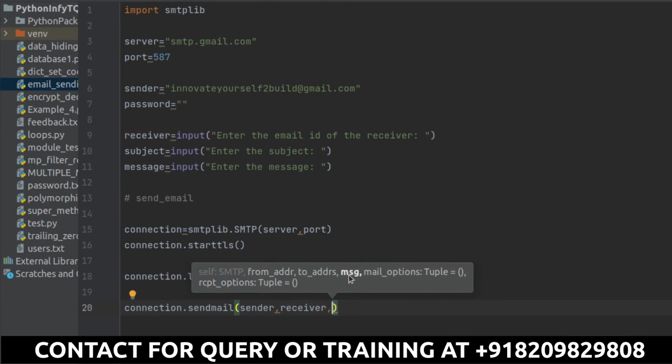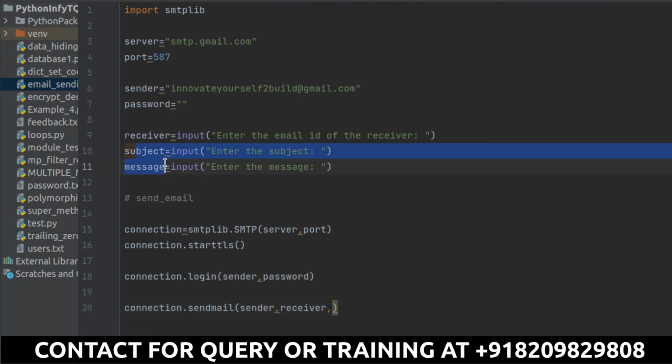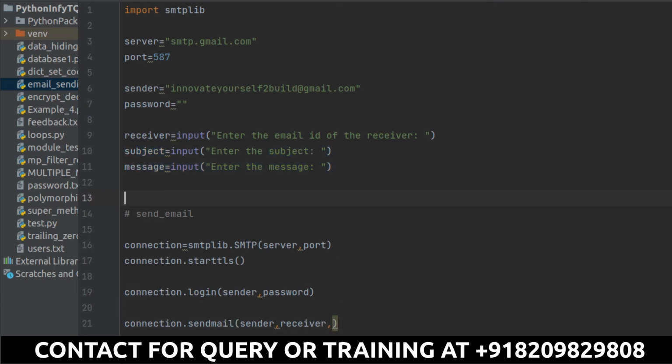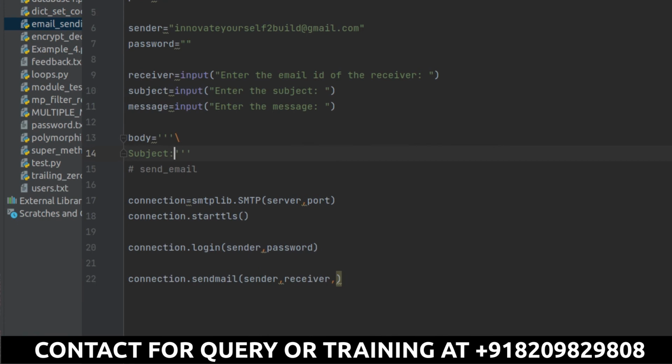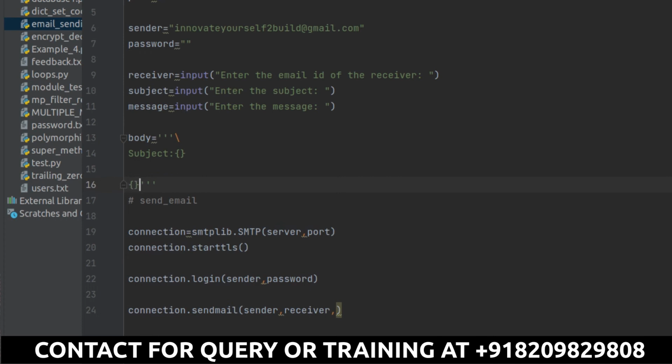Okay, so what is the message? The message is currently in two different parts, or let's say the data is split into two parts. So now I have to specify it in such a format that it can accept it and directly pass it as a single message, right? So for that, let's say body is a variable, an object in which I will be storing everything, and the data needs to be passed in a particular format, right?